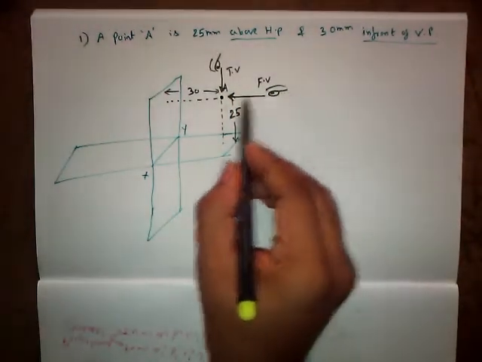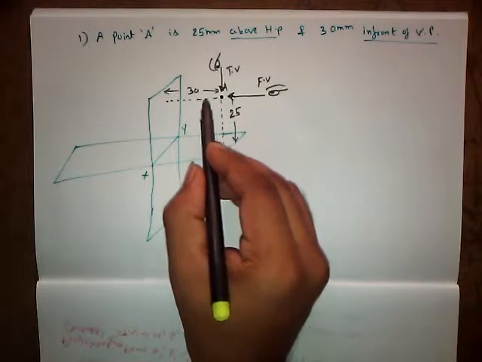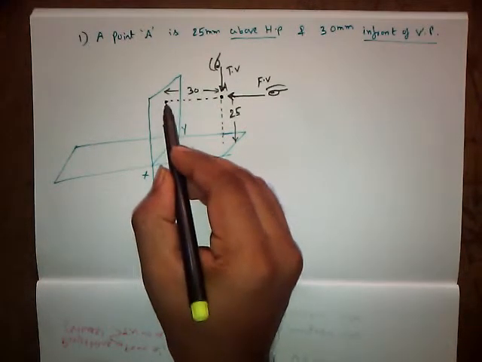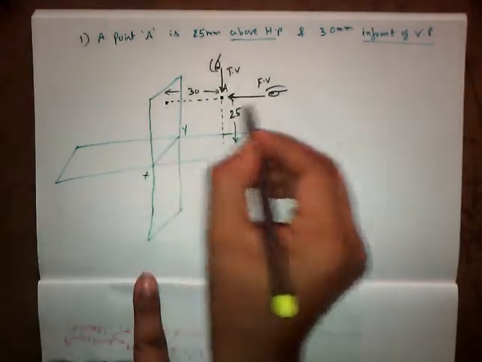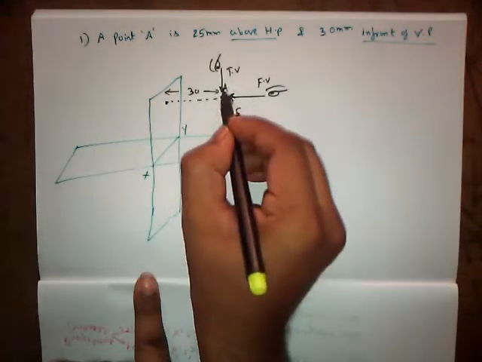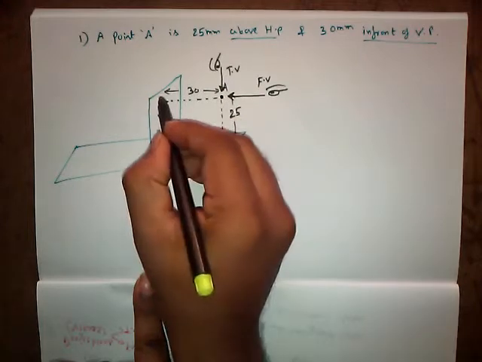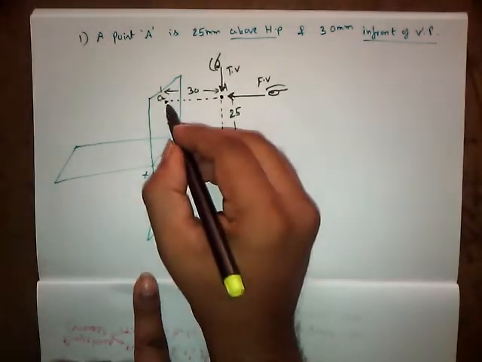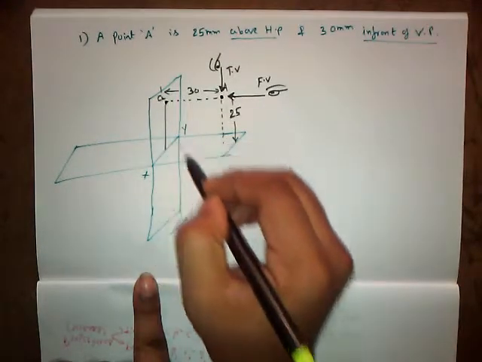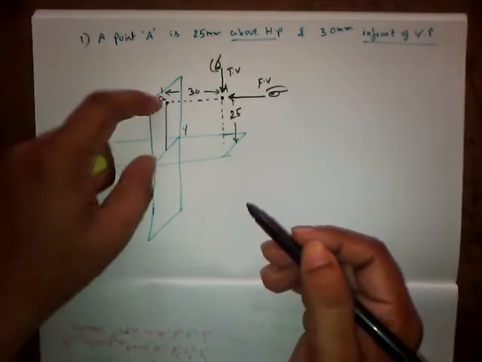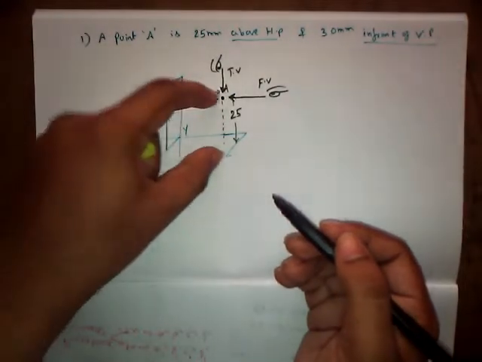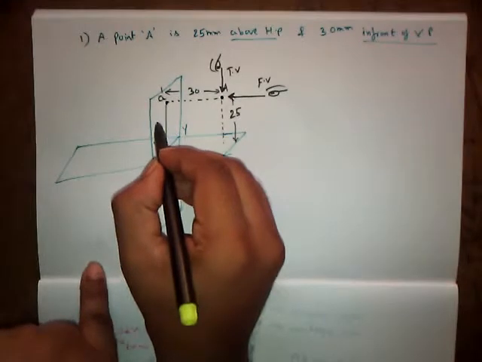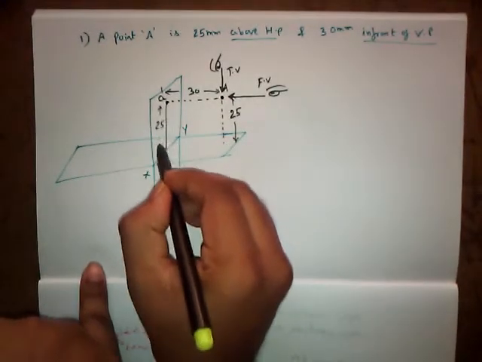So whenever we project from the front view, its shadow is going to be focused over here. Its shadow is nothing but its projection. As this is a front view, the name of the point is capital A. Its front view is going to be designated as small a dash. Immediately mention the distance from the XY reference line. So this distance is the opposite distance, which is 25 mm.